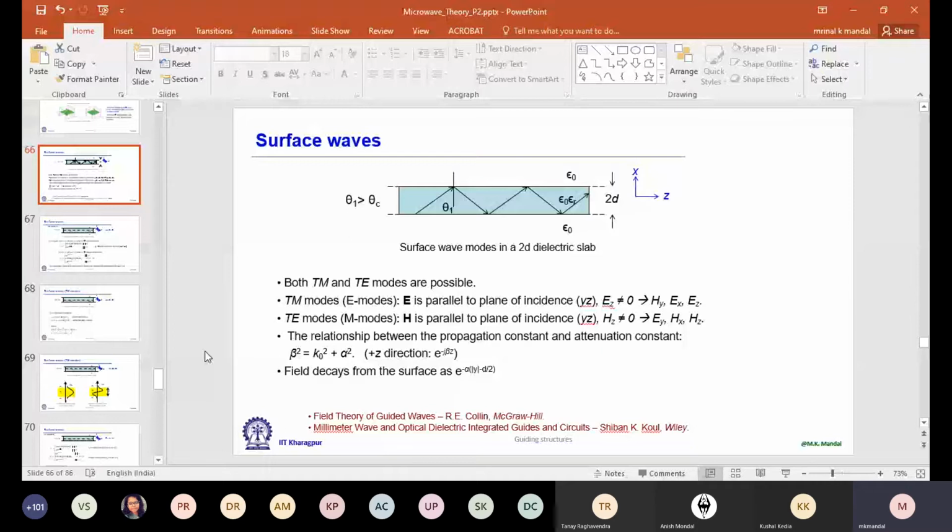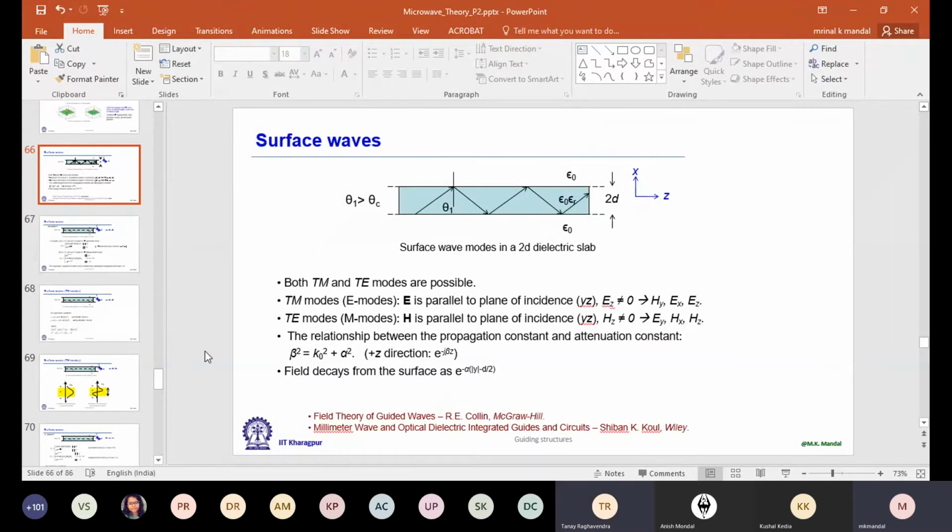And there you have to learn where exactly I should place the radiation box. It plays an important role: placement of the radiation boundary or absorbing boundary. So you can even do some experiment in simulation. You change the separation between your radiation boundary and your structure, and you will see if it is not within the suggested value, then the result will change dramatically, and that is not expected. So whenever you are using any full wave simulator, you have to be very careful about that.